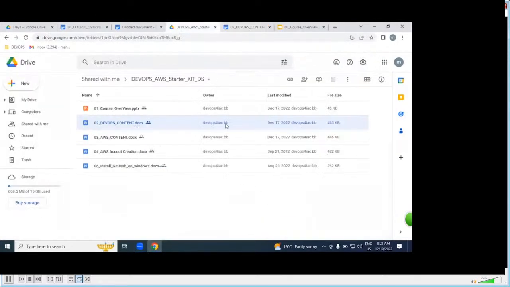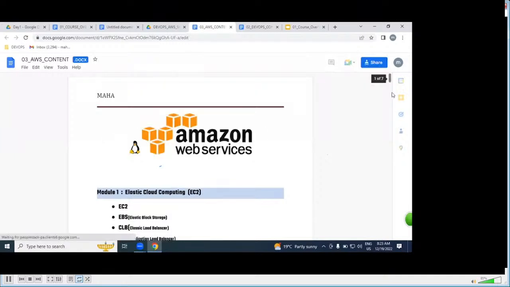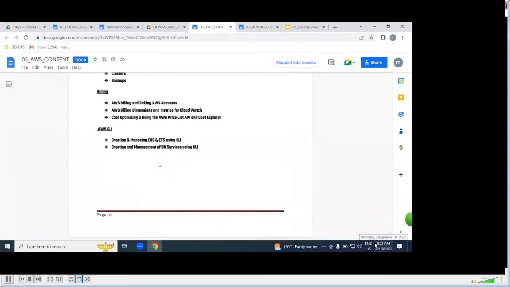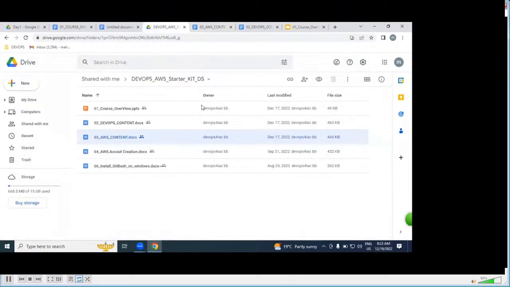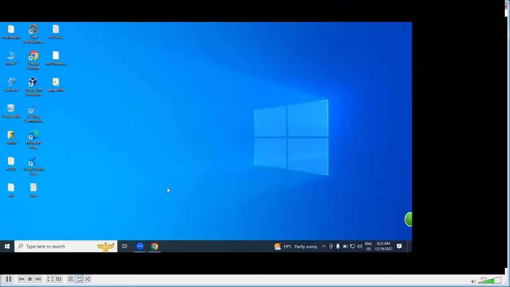The same way, we have AWS content also, around 9 or 10 pages. After the session, please revise these two documents, what we are going to discuss in the 4.5 months. Offline students, by the end of the session, you can ask me and I will share it. So this is the course overview.